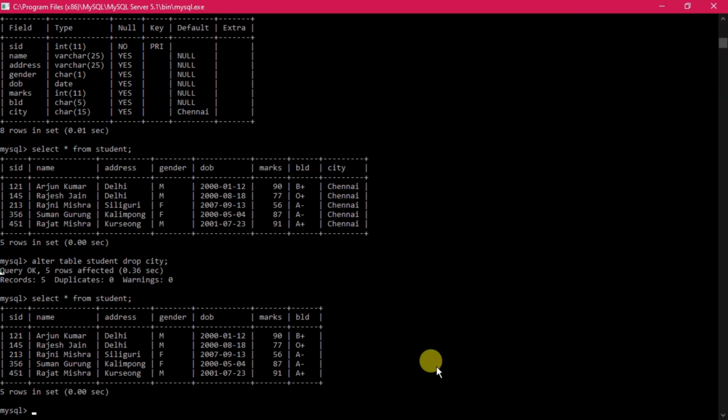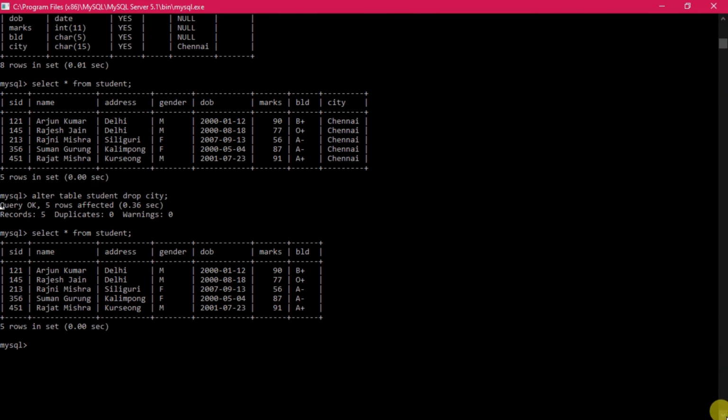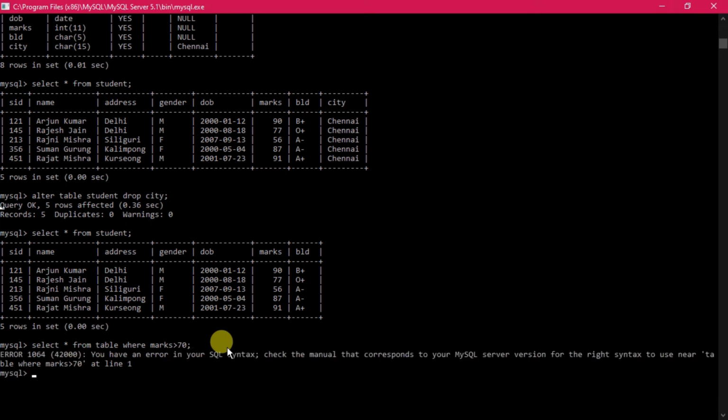If you follow them, this will help you carry out your practical. I have shown you the not operator, and equals is also used in the same fashion, as you have seen. And greater than, you know: select star from student where marks are greater than 50, or greater than 70. This is a very easy query.